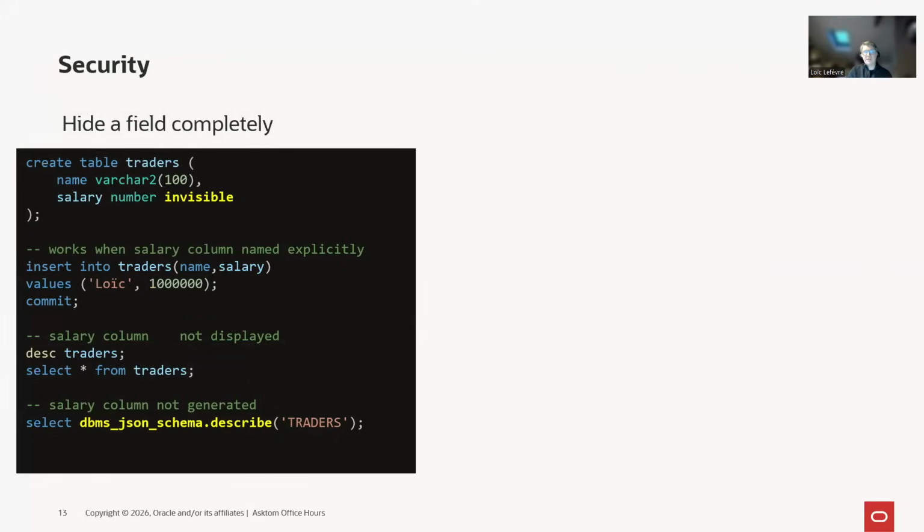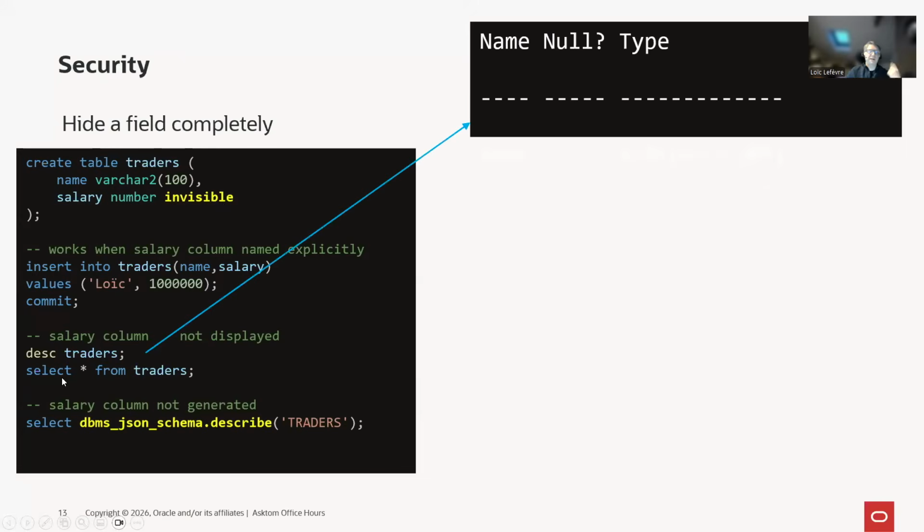Other things around security and bringing more and more synergies, as you will see. We have a way within the database to hide a column. Basically you make it invisible that way. When you insert your data, the column is there, but you have to know it and explicitly use it, for example, within your insert statements or within your SQL statements, for example your select statements.